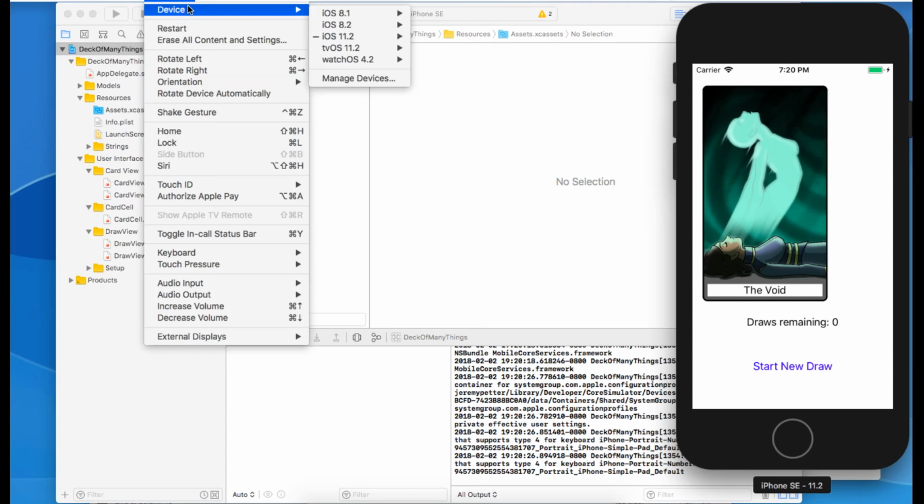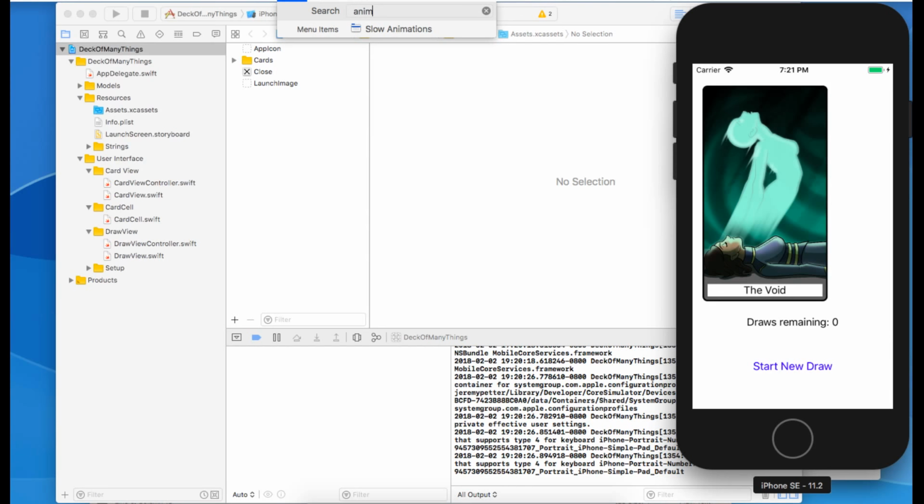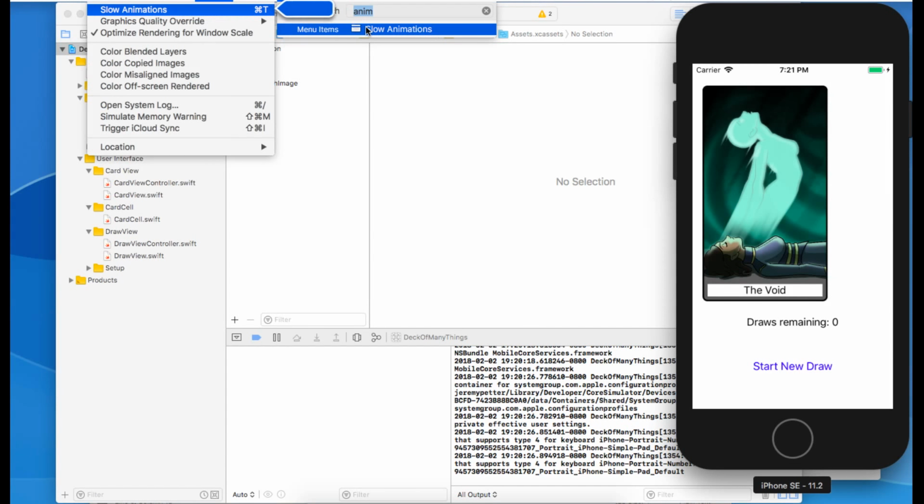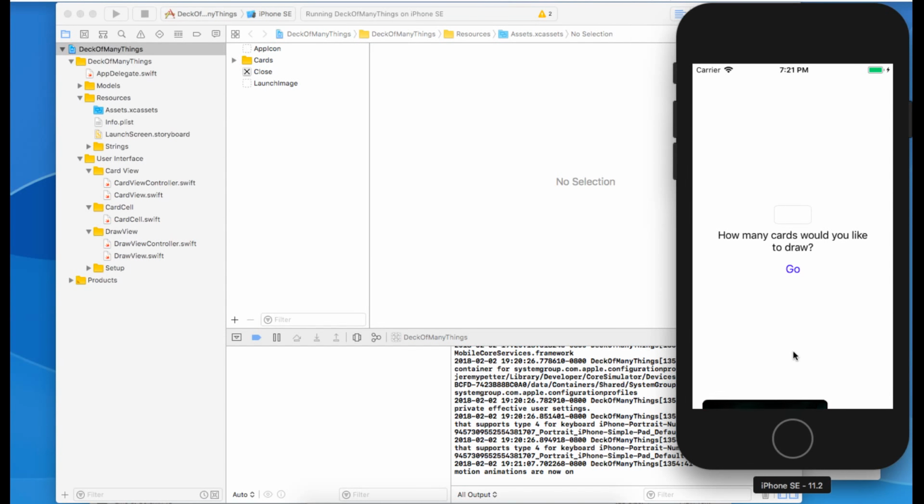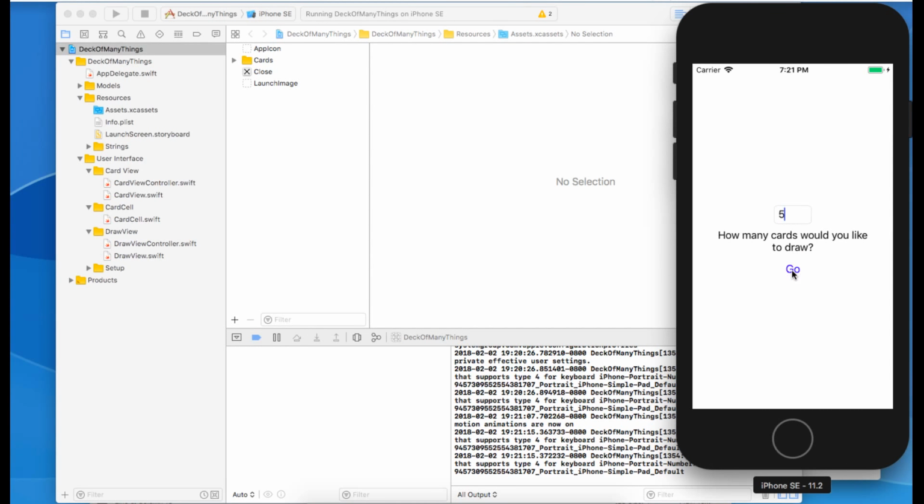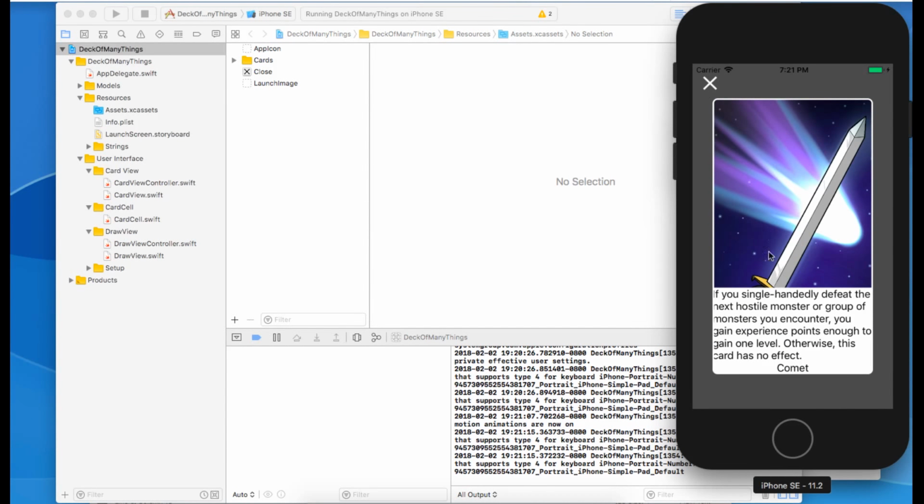One thing that we can actually do if we want to look at stuff like that. Where is it? I think it's under device, or maybe they moved it. Debug, slow animations. We can actually look at our animations in slow motion if we want to investigate what's going on there. With it slowed down, you can actually see the card comes in at the bottom while the X fades in, but that is super not evident. And then when we close it,